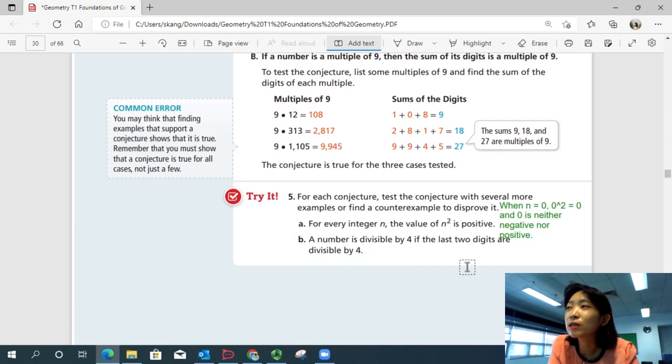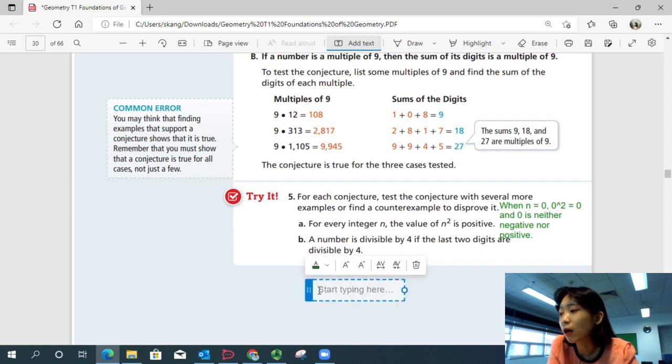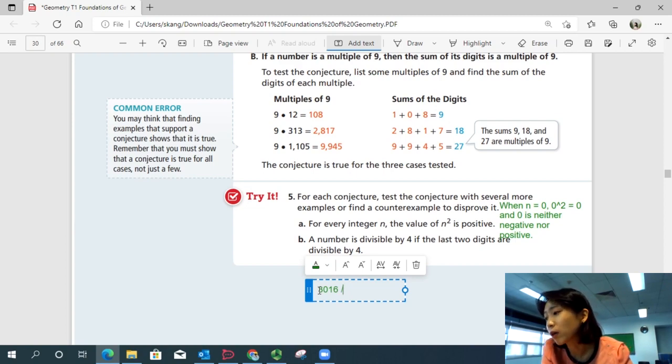Alright, part B. A number is divisible by 4 if the last 2 digits are divisible by 4. Is this true? Can you provide a counterexample? If you can, I would be surprised. But provide some more examples for that. So a number divisible by 4 is the first thing that we want to figure out. Let's say 3016. Is that divisible by 4? Yeah. And if the last 2 digits are divisible by 4,